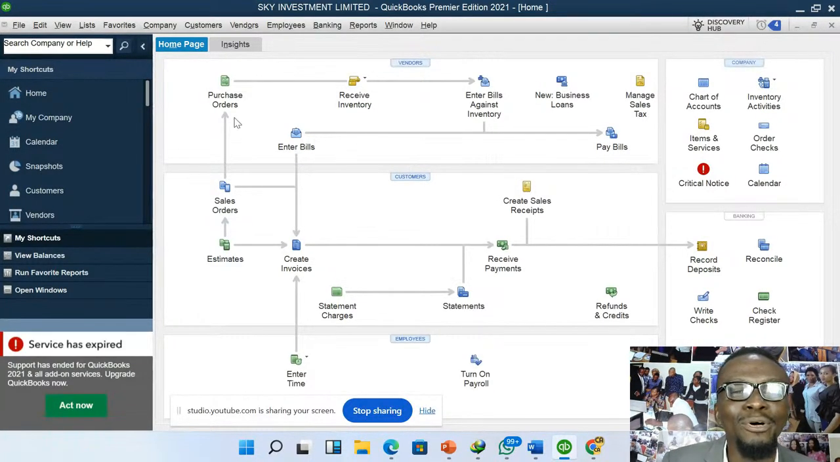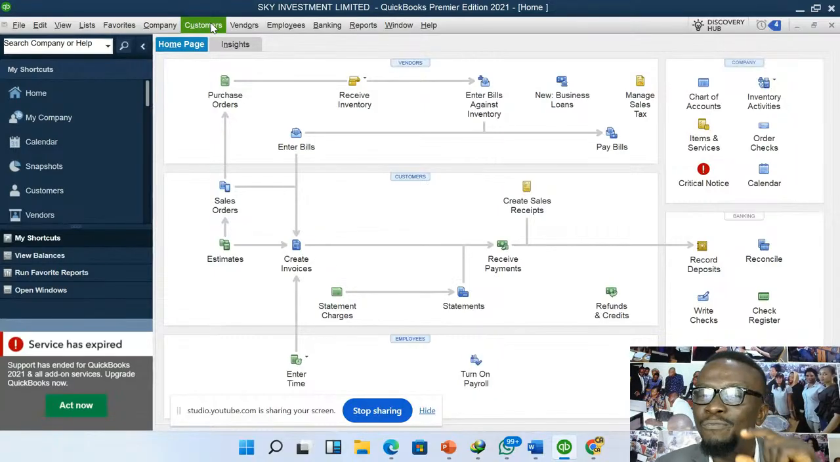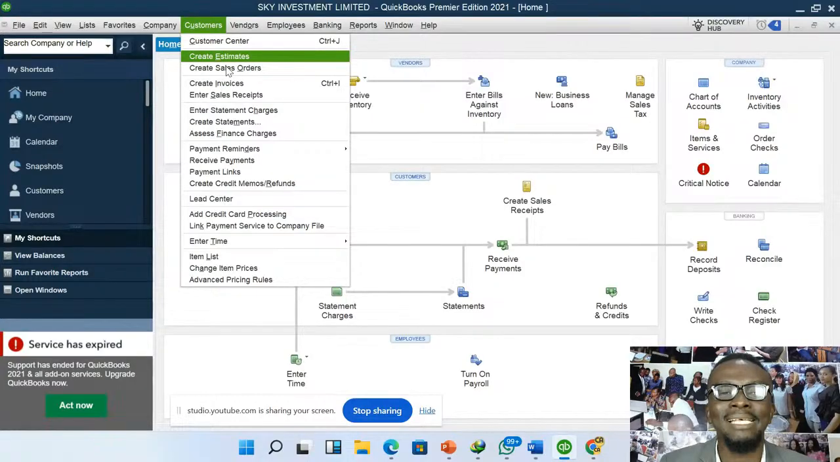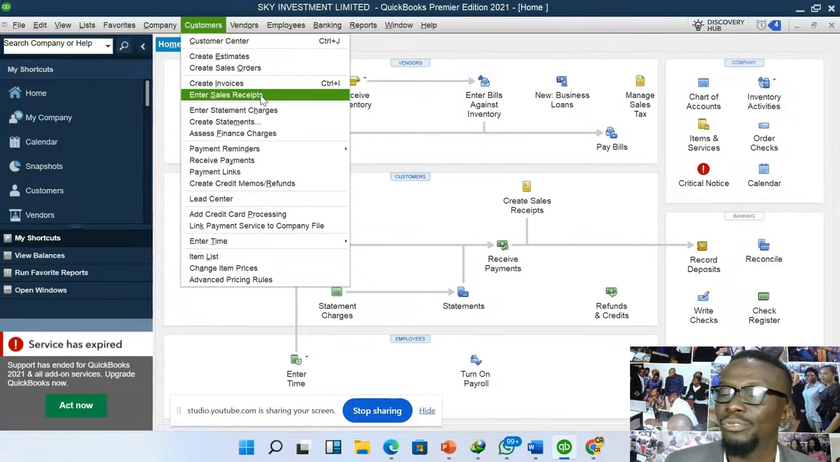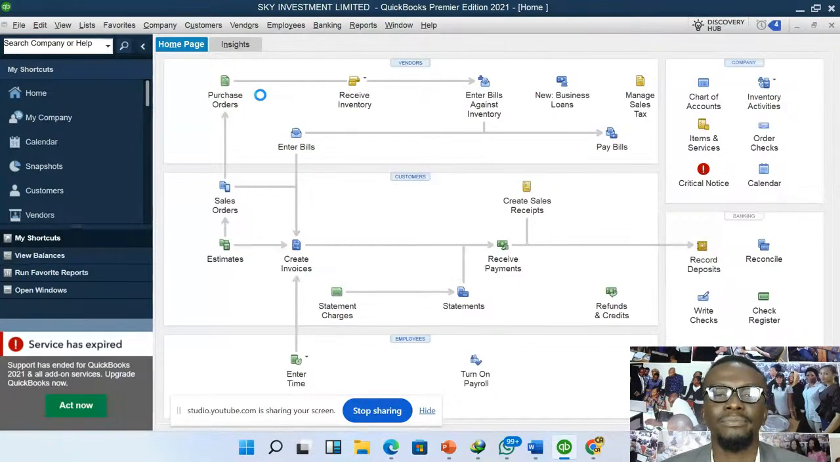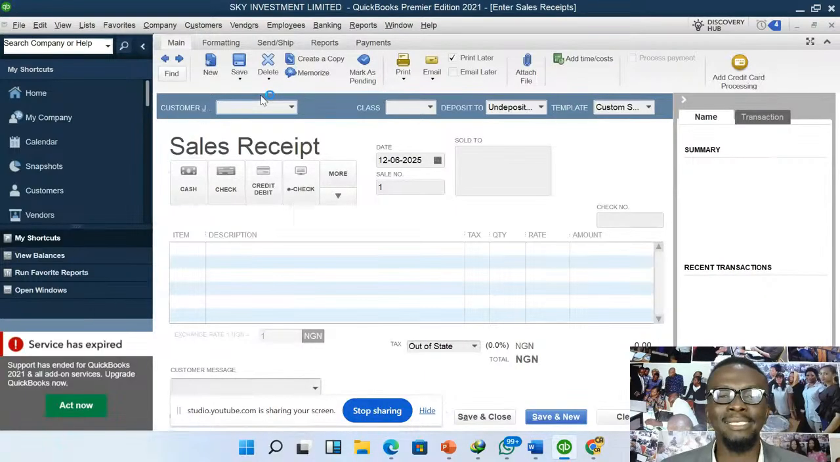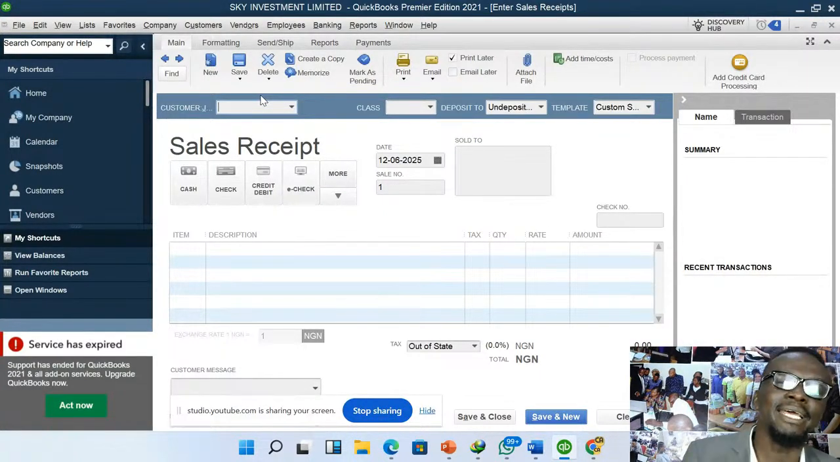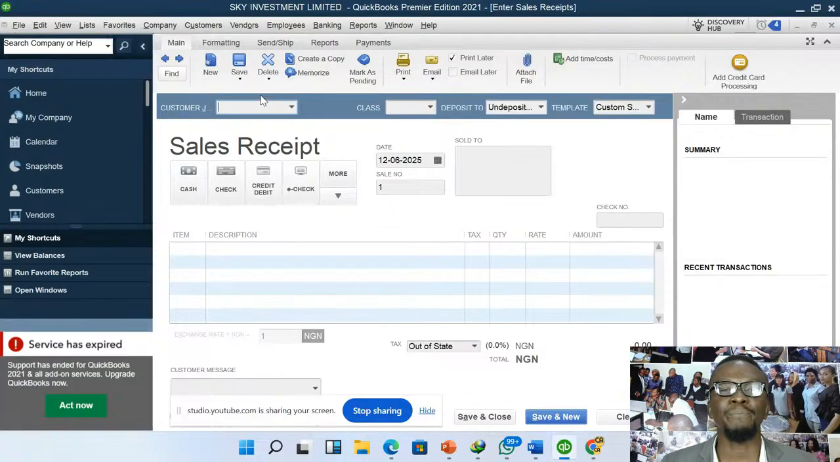Good. So now, watch. He has paid us in full because we have received check. So you go to customers and select enter sales receipts. Okay, good. So you can see there's a difference between create invoice and enter sales receipt. Create invoice means it's on credit. It was purchased on credit. Then enter sales receipt means that the customer has paid us in full. So we pick the name,